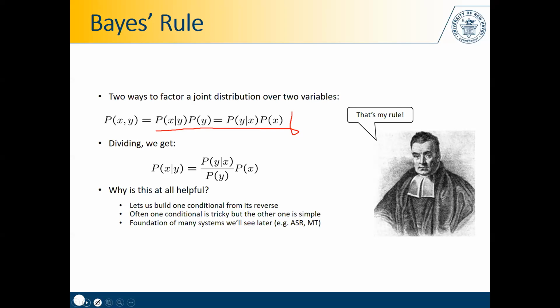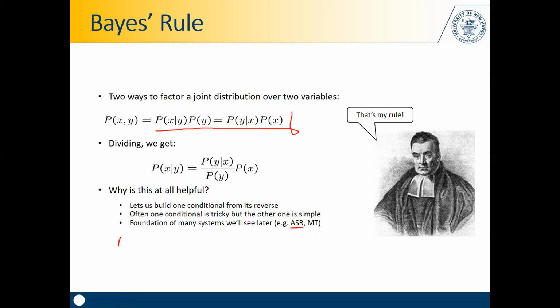For example, imagine that you want to train an automatic speech recognition system, right? That's what ASR stands for. Well, it's relatively simple to get from language or written text